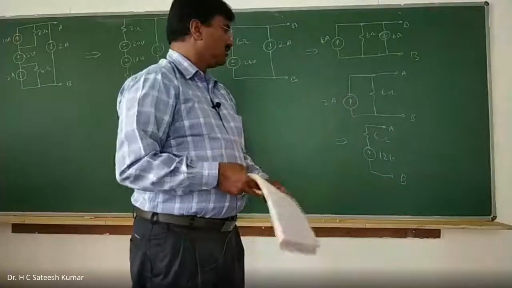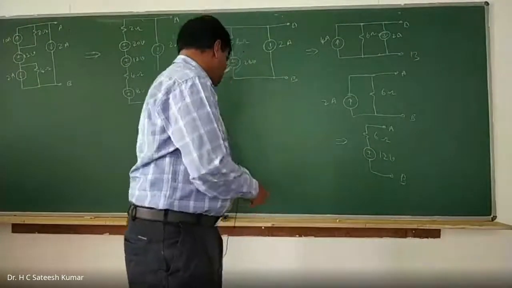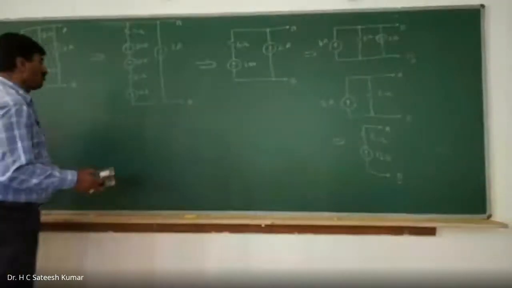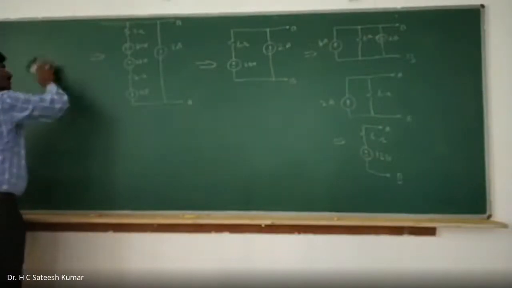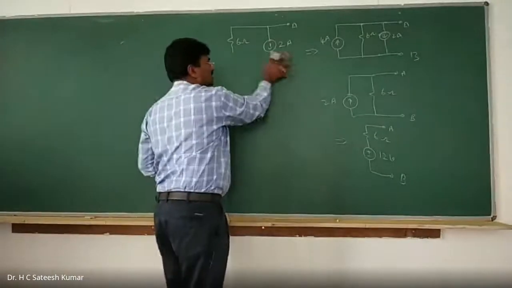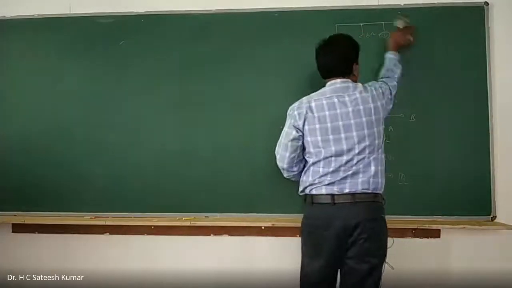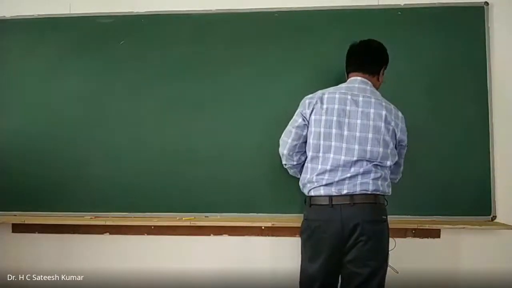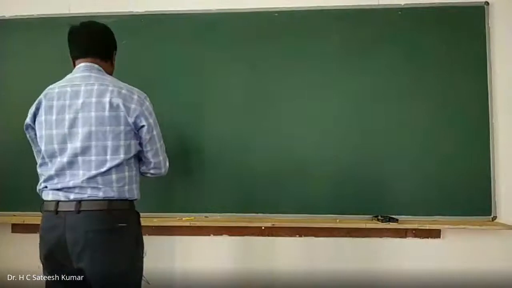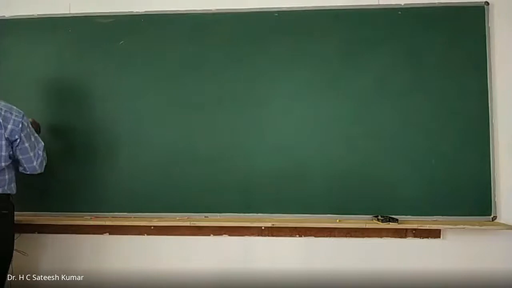Right? Now another question, find the voltage. Apart from converting this, we have some modification. That means by converting the sources from voltage source to current source or current source to voltage source, we can find the voltage at some other point using this reduction. So let us have one problem of such kind, which was asked in one of the examinations. The question is, find Vx in the network given above using source transformation.